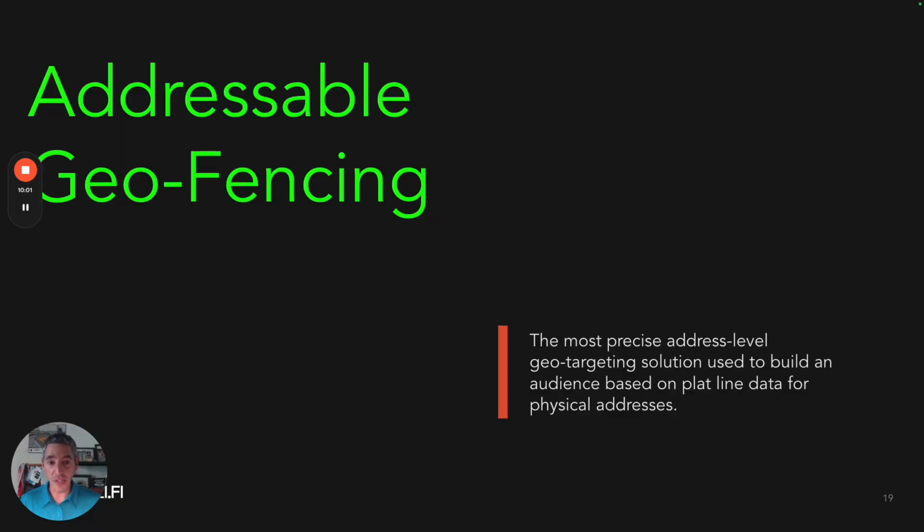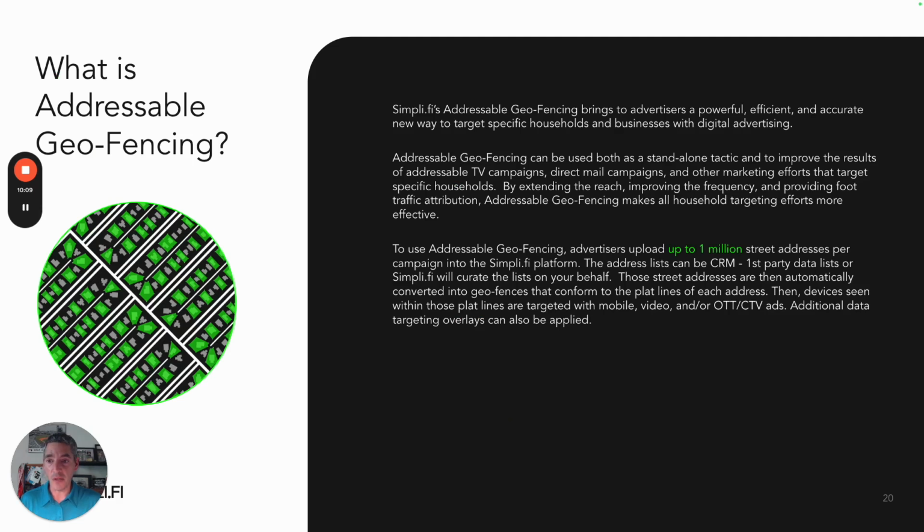All right, and finally, addressable geofence. So this is precisely targeting homes and doing it at scale. So a lot of times we partner with people that are doing direct mail pieces, so we can target lots of homes. This is just a very simple example of targeting these green homes and not targeting their neighbors, right? So the ability to target specific addresses is really critical. So if we can target the individuals that we are already sending mailers to, what more powerful way to then get the mailer and then also get it on your TVs, your laptops, your mobile devices. All those are areas that can be targeted within our addressable geofencing.